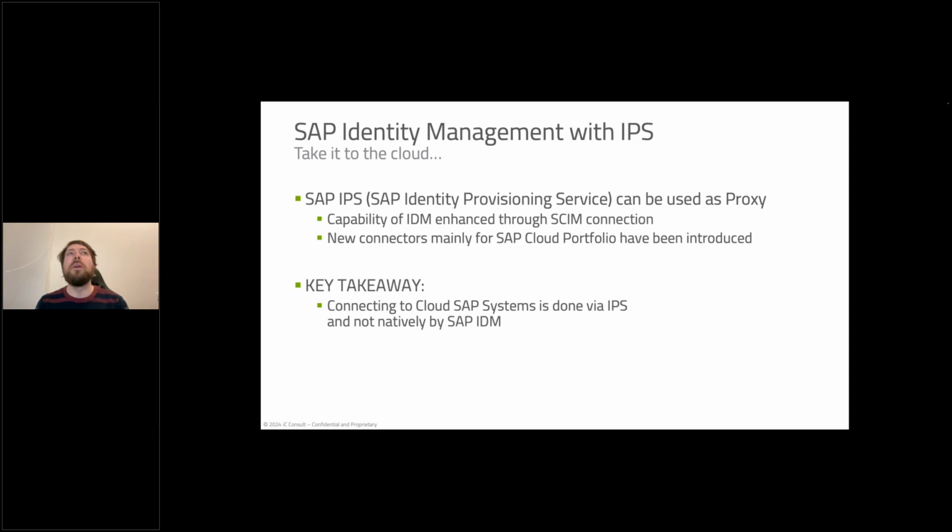Then we come to a newer product, which I was one of the early adopters of. Since SAP bought so many external companies, the big issue in the past was how to connect those systems. You bought SAP Concur, and there was a RESTful interface. There was no ABAP, no standard way of doing things as you are used to in SAP systems. The same goes for SuccessFactors and many other companies that were bought. And SAP IDM was more an on-premise system, built to take care of the old SAP world.